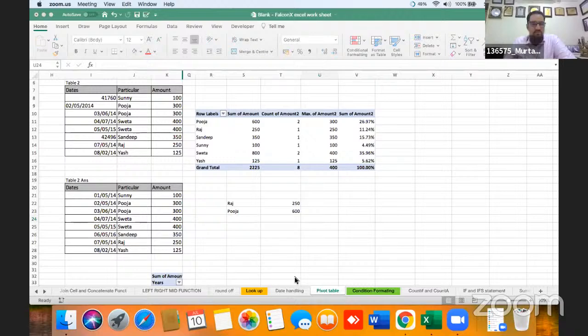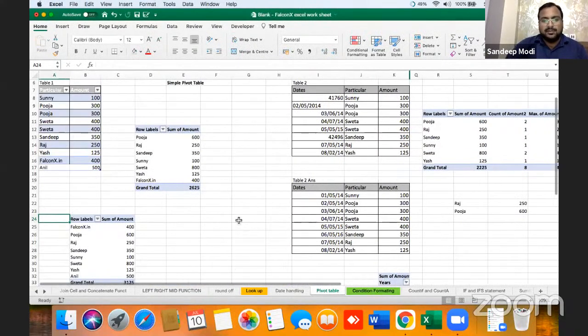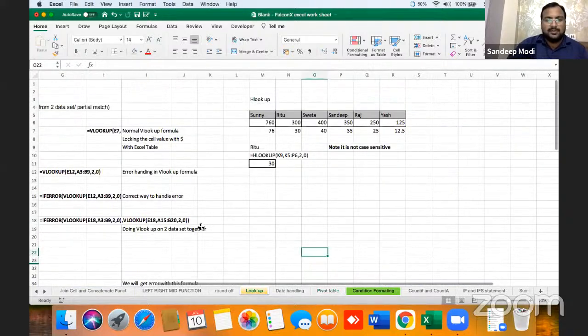Can you give an example? Can you bring that again, what we were doing just now? This sheet. No, we are not able to see that. You'll have to share screen. Sorry. This one. Lookup.